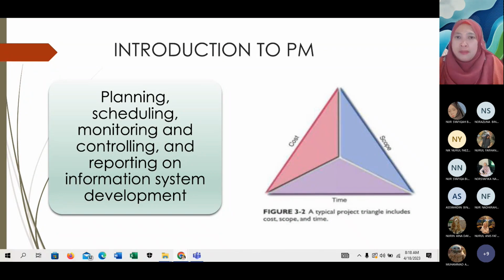Then when we talk about project management, there are three elements that are important to give attention to, or we call it the project triangle. Triangle ni maksudnya ada 3 dimension lah, or 3 penjuru, which is cost, scope and time. In managing a project, no matter for information system or whatever project, of course you want to make sure that the project is delivered within the time frame,